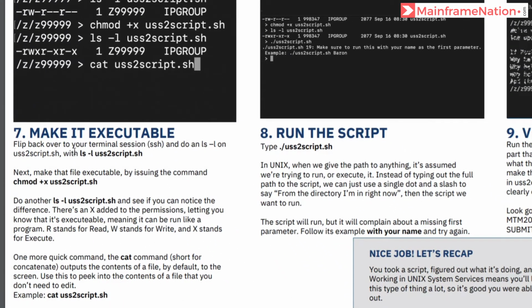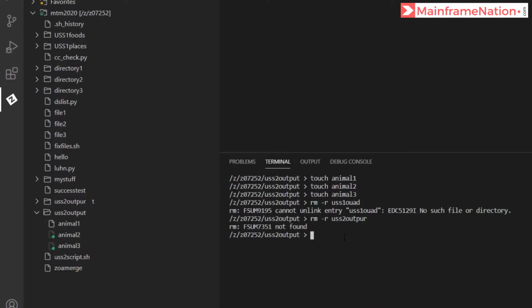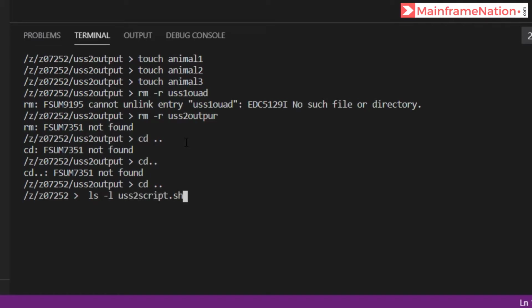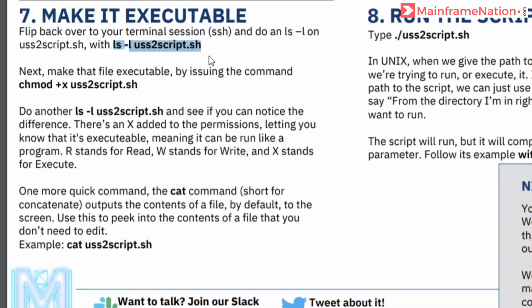Then go to your terminal and give this command. So here is my terminal. I will go back to my home directory. And then I will give the command. So this command ran successfully.